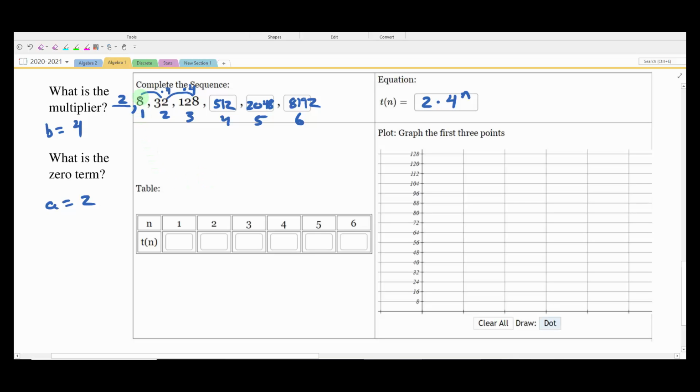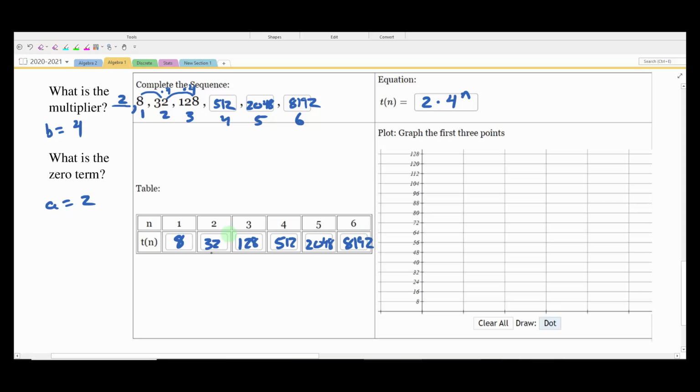We can see term 1 is 8, right? So remember, n represents the term number. T of n represents the term value, right? So term 1 is 8. Term 2 is 32. Term 3 is 128. Term 4 is 512. And I think you kind of get the gist of it here, but we got 2,048, and then we have